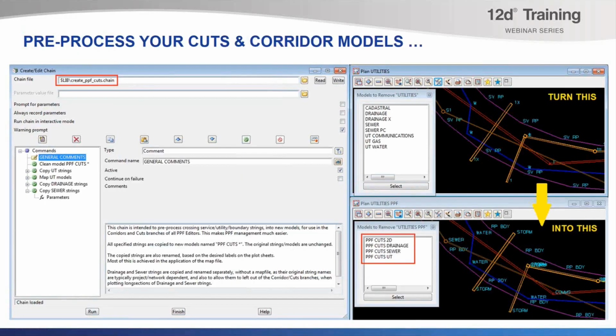So the first thing I wanted to show before we even get to doing any plots is to talk about crossing service data. So cuts and corridor models. These are the things that can often take up the greatest amount of time when configuring your plot parameter files. If you need to consider a lot of crossing service information, it can be a nightmare if you've got data in a sort of difficult to manage